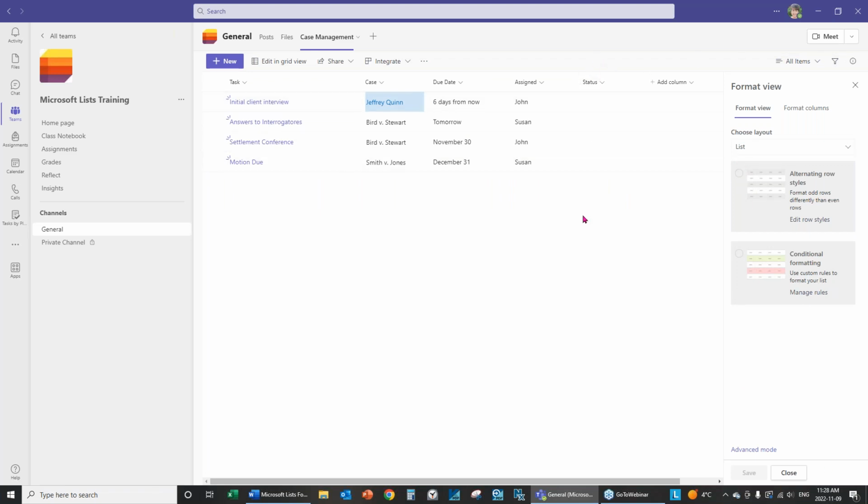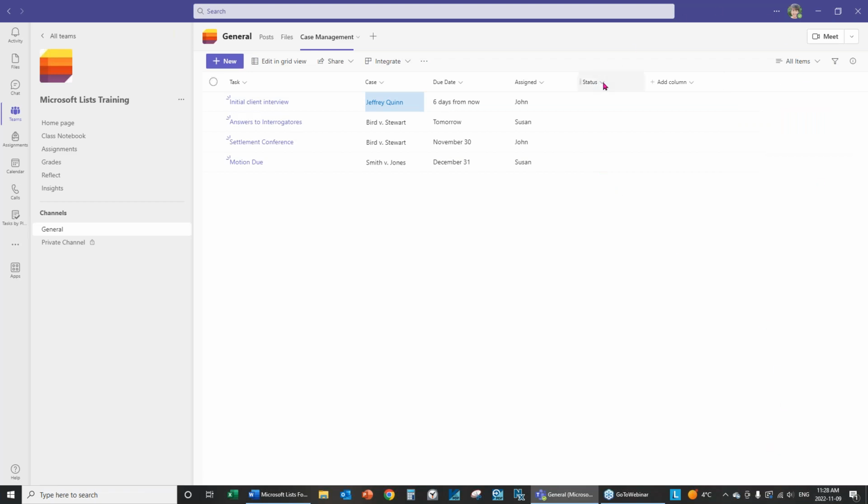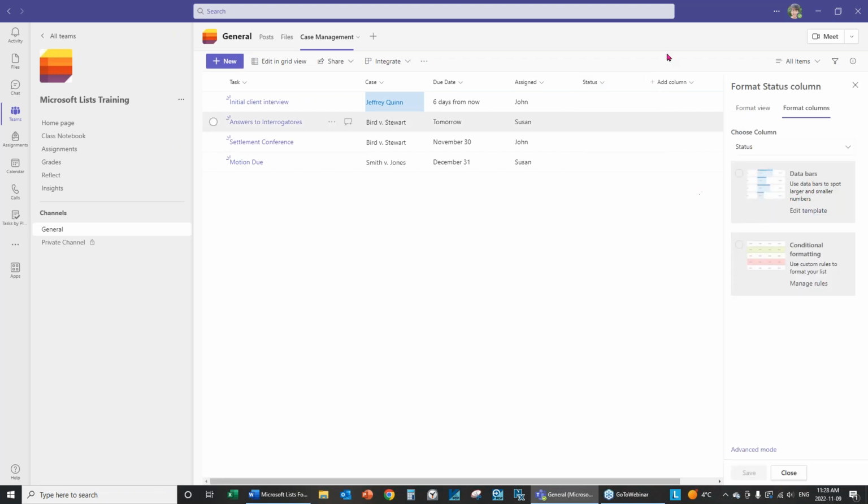Actually, what I want to show you is more specific to the status column. So I'm just going to close from here. And now when I go to the status column, I'm going to go to column settings and format this column. Because the status is something a little bit different, you can see there are some data bars here and some conditional formatting. Because there's no information in it just yet, it's thinking I might want to use data bars,